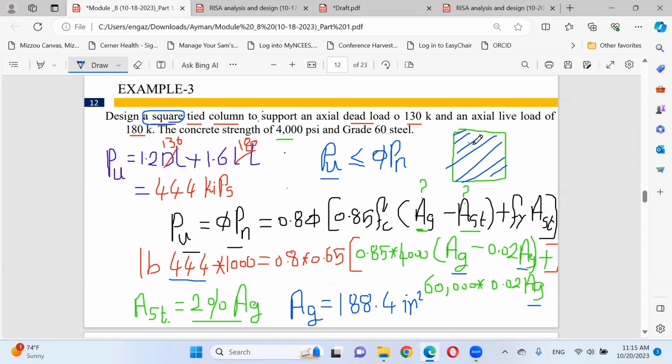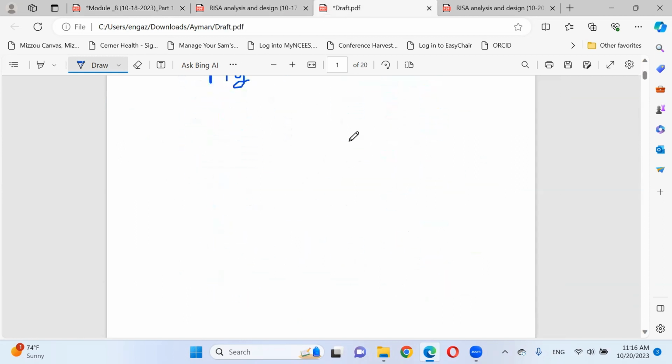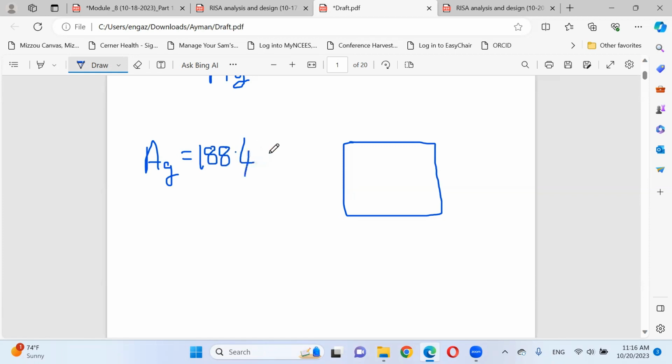This square will have an area equal to 188.4. Let me do it here. So I need to provide the dimensions of this column, which is a square, since the required area gross of this column equals 188.4 inch square. It's very easy.